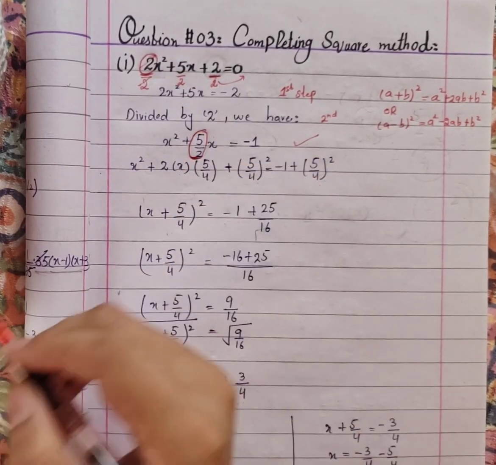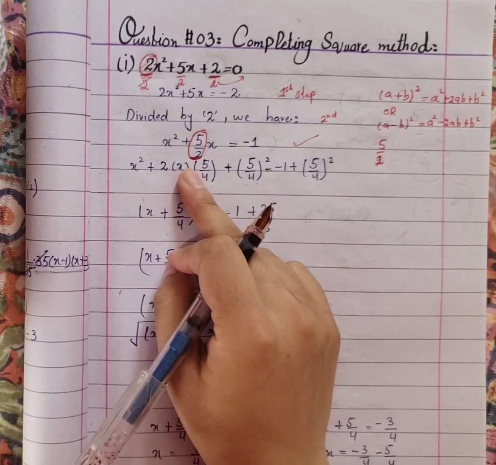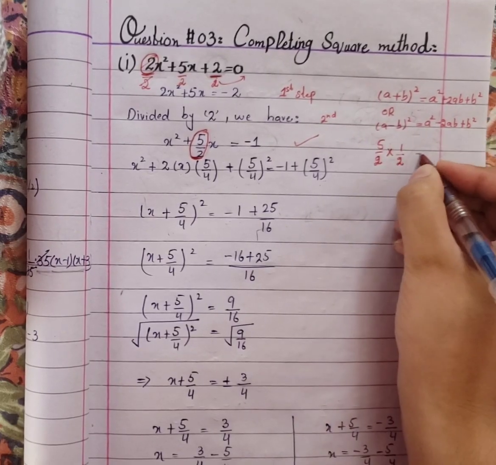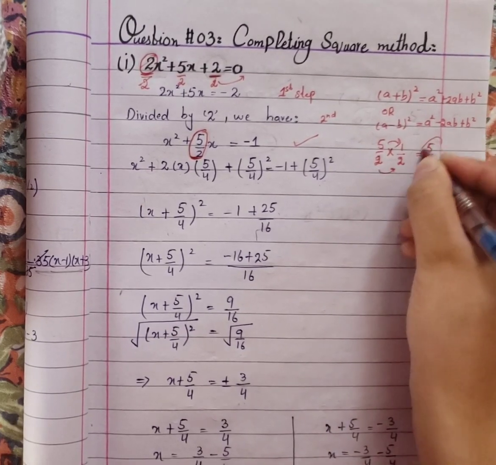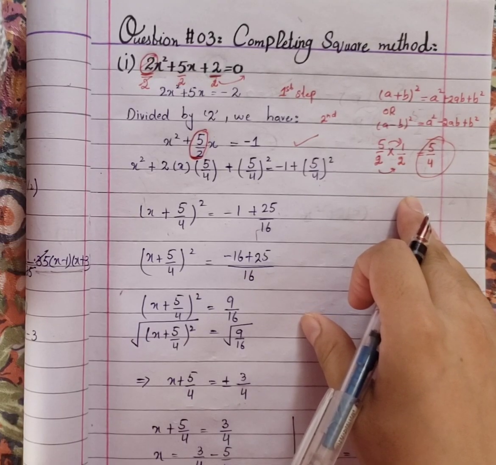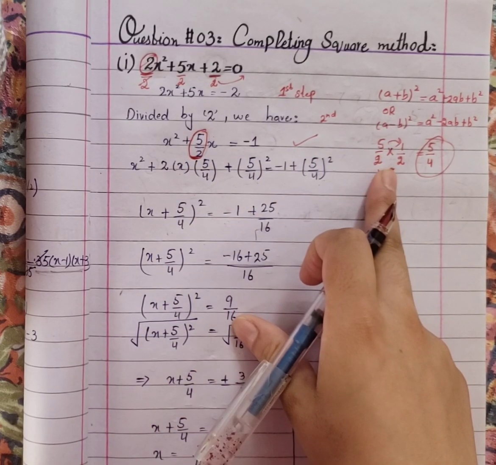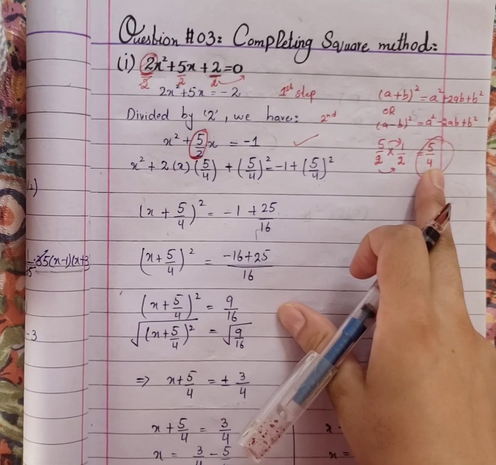Here the coefficient of x is 5 over 2. So pick the coefficient of x, that is 5 over 2, and always multiply the coefficient of x with 1 over 2. So that become 5 into 1, that become 5, and 2 that become 4. So this is basically the second number. Okay, this is the method to find our second number. What you have to do, pick the coefficient of x, that is 5 over 2, multiply the coefficient with 1 over 2, and your answer will be 5 over 4. And remember that you have to pick the lowest form of fraction. If the numbers are cuttable, cut the number, and if numbers are not cuttable, then simple multiply it.